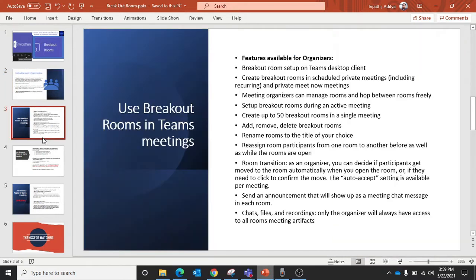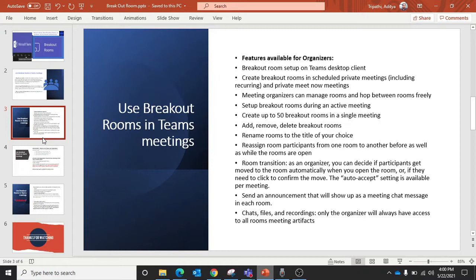What are the features in the breakout room? The features that are available are listed in this particular slide, as you can see. The breakout room can be created with a private meeting, including a Meet Now meeting. Meeting organizers can join from one room to another and manage multiple rooms at the same time from the same meeting.